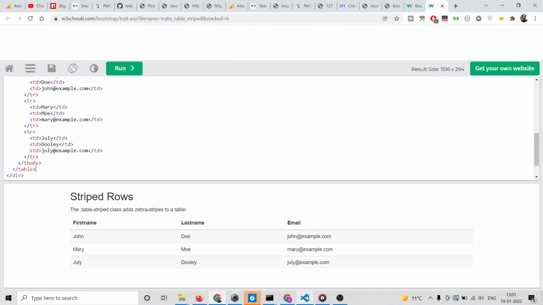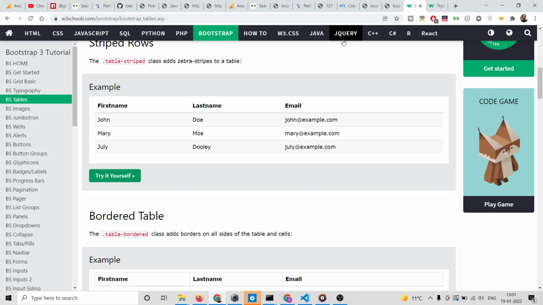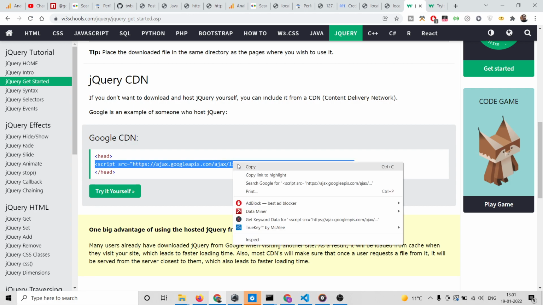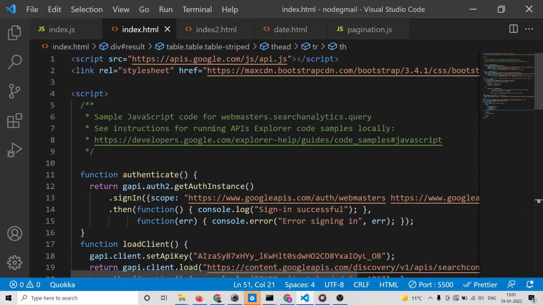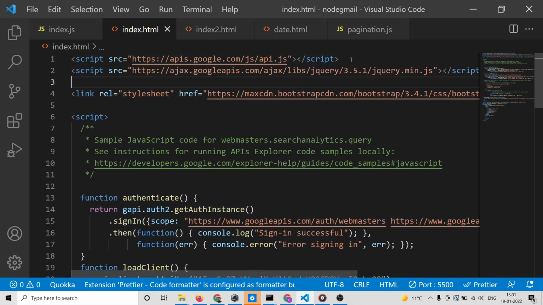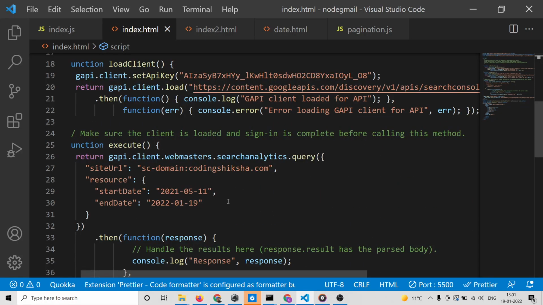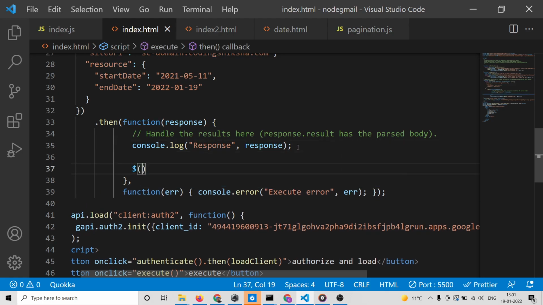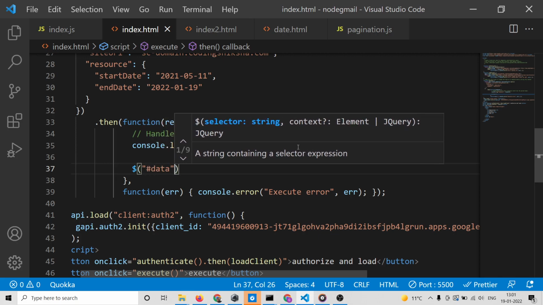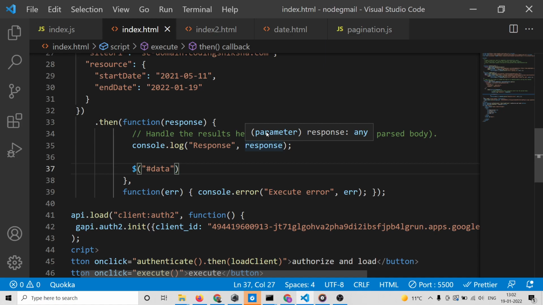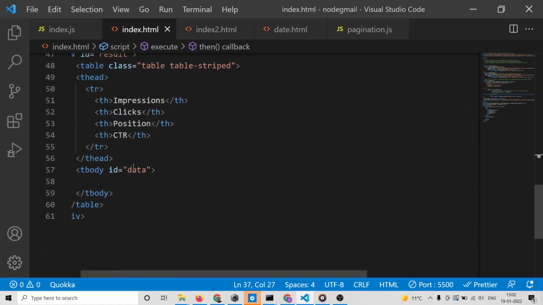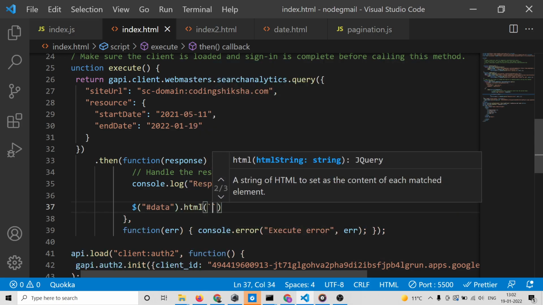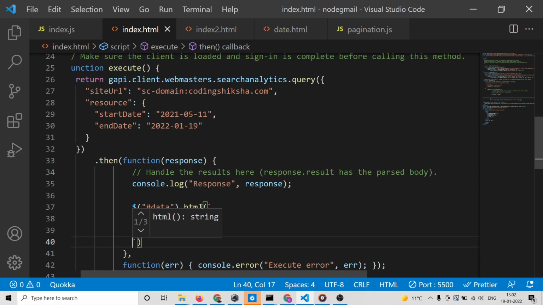So we can also use some jQuery also, guys. It is very easy. Simply click jQuery, click on get started, and paste the CDN. And here, whenever the response is coming, guys, simply we can target it by the ID that we have given, data. We can simply say HTML, and inside this we can have a table row tag,